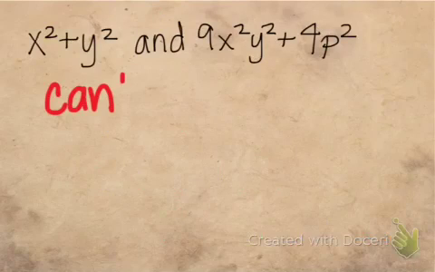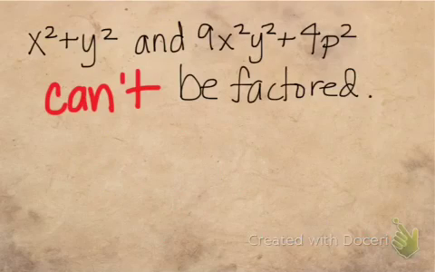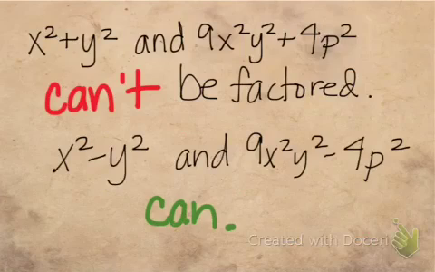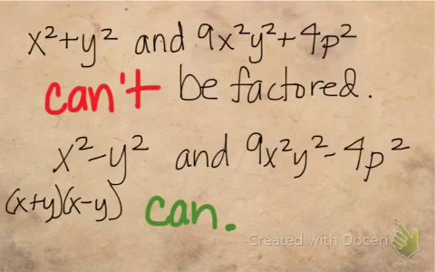If you have two expressions like x squared plus y squared and 9x squared y squared plus 4p squared, we know that those two cannot be factored. But if you have x squared minus y squared, or if you have 9x squared y squared minus 4p squared, we can factor that. And we usually just recognize that they're factorable, and we recognize them as the difference of